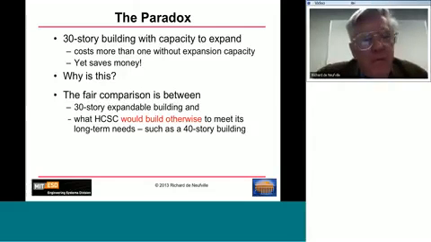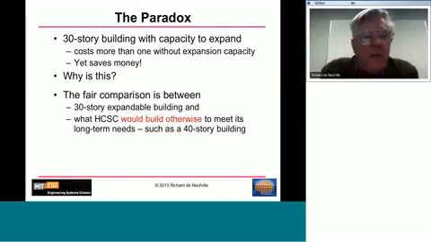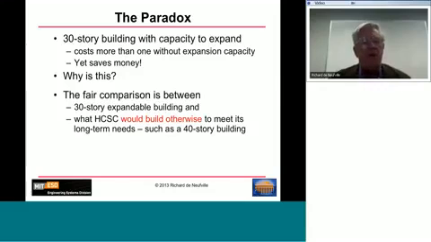Well, it is because a fair comparison is not between what you see in front of you and something that would be without the flexibility, but what a responsible client would have done otherwise. As the Healthcare Services Corporation was thinking about providing for its future, it could either have a reduced size building that it could expand to take care of additional employees if it wanted to, or it could have built something larger in the first place, such as a 40-story building. I don't know exactly what they contemplated, but responsibly they would have wanted to provide for the future. So it's either the 30-story, let us say, that could be expanded and take care of the future, or